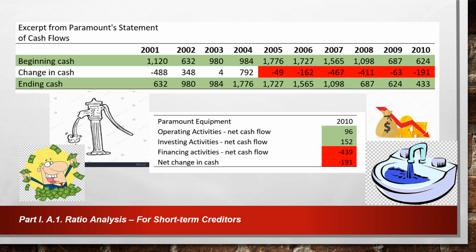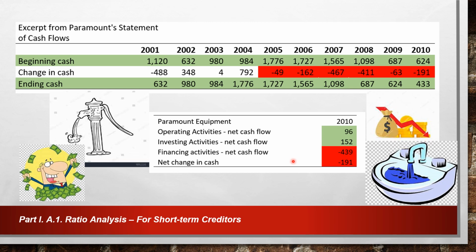So actually, as we can see here, at the end of 2010, the cash flow of Paramount is unhealthy, no? So the cash flow from operations, even if supplemented by the cash inflow from investing, from selling of some assets, is still not adequate to cover the cash outflow from financing. So evidently, the company needs to refinance from debt, new debt, or selling stocks as it cannot rely on its